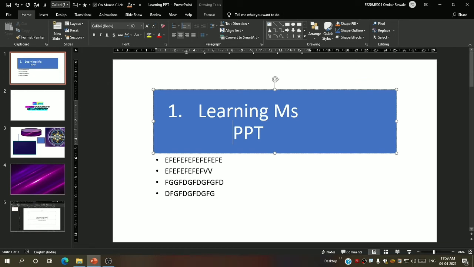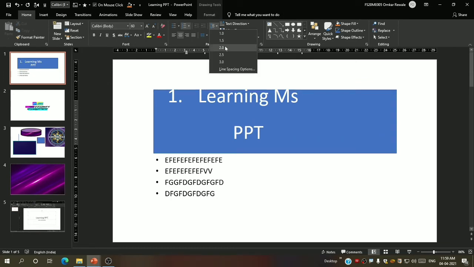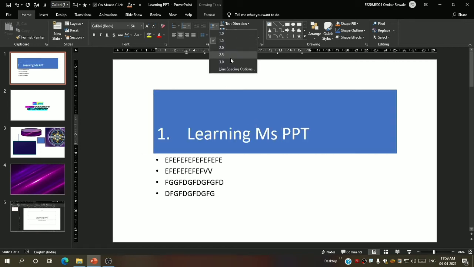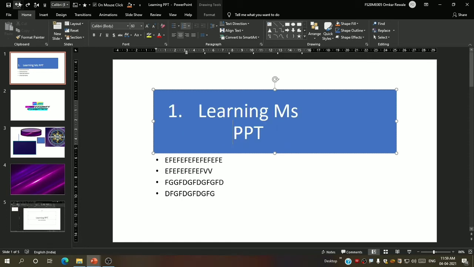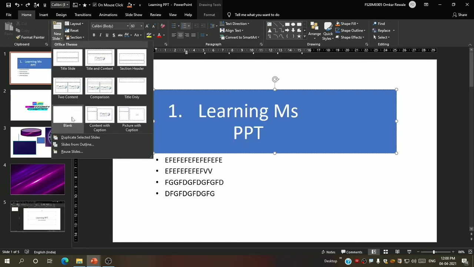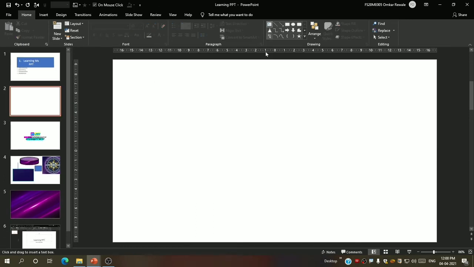at 0.9. Now if I apply something like 2 point, let me include one new slide, include this shape tool.